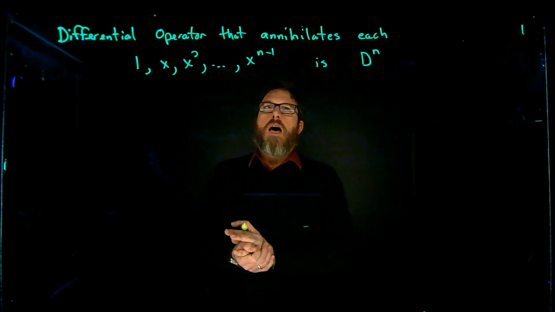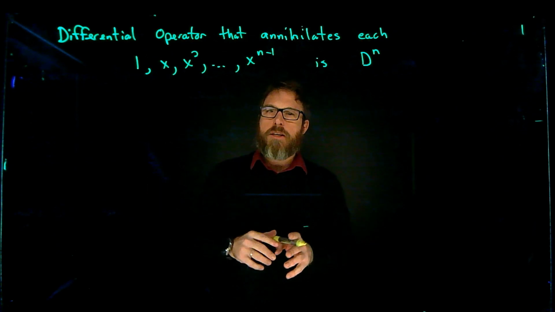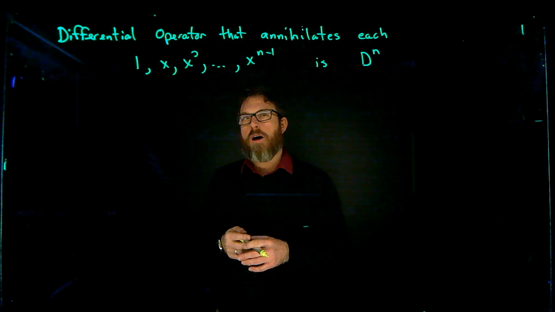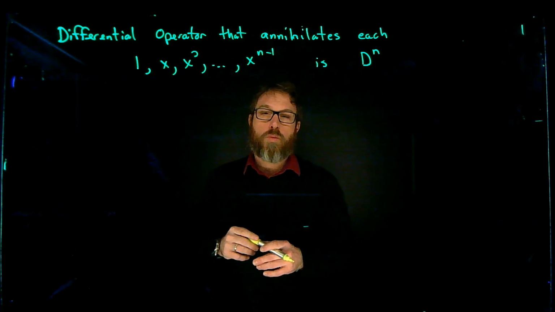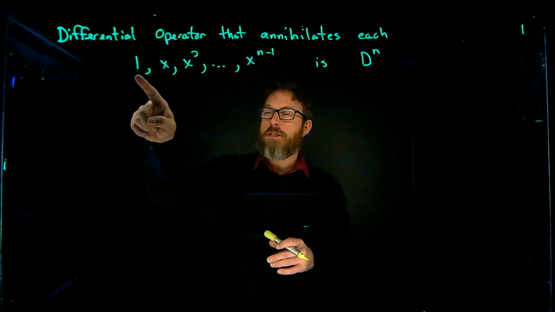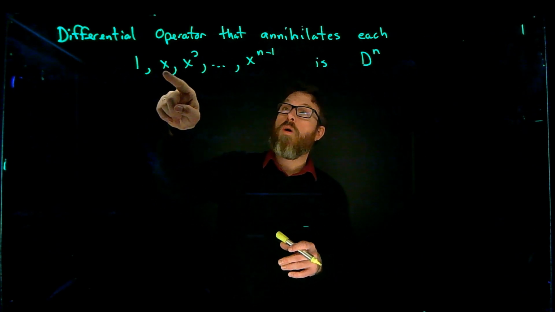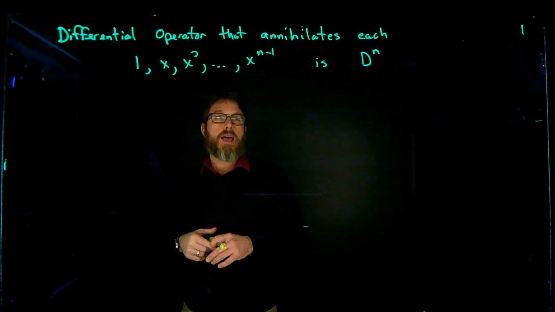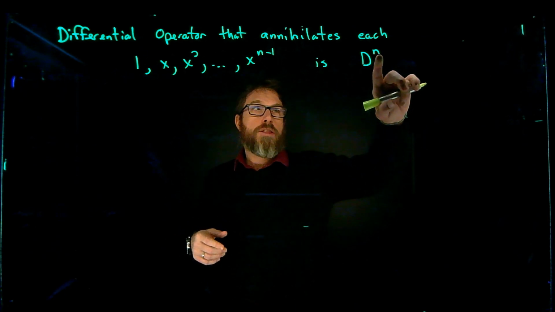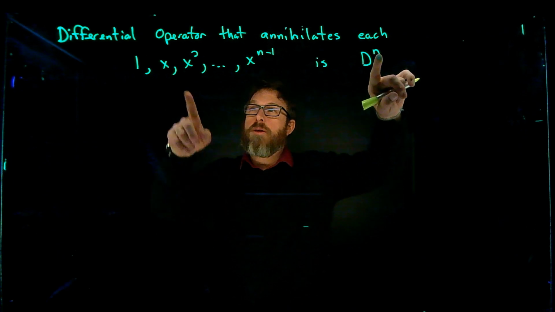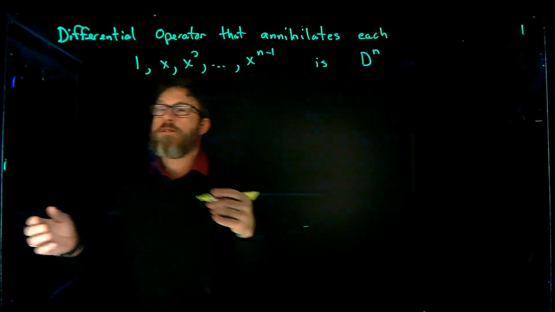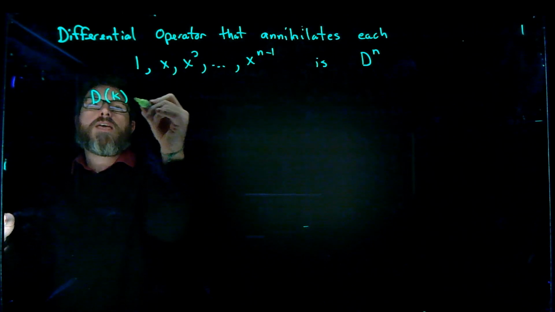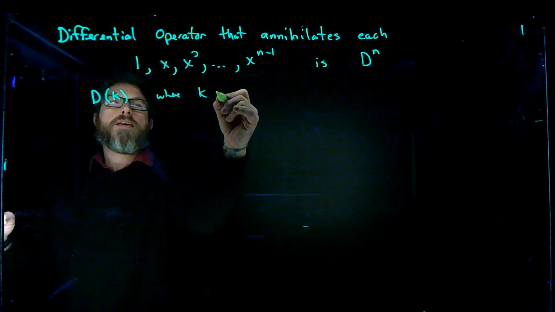So the differential operator that annihilates each one of these functions, really we're kind of looking at polynomials of degree n minus 1. So this is 1, x to the 0, this is x to the 1, this is x squared, and so on. So the differential operator that annihilates these things is going to be the power on D is going to be 1 more than the power on x. So for instance, if I want to know, if I do a differential operator on just k, where k is a constant,